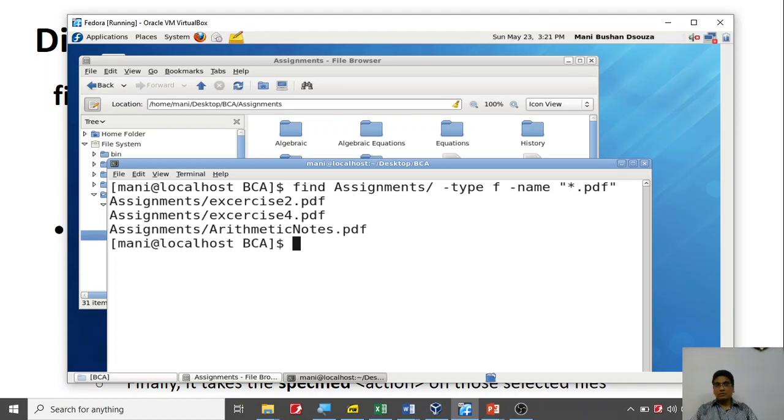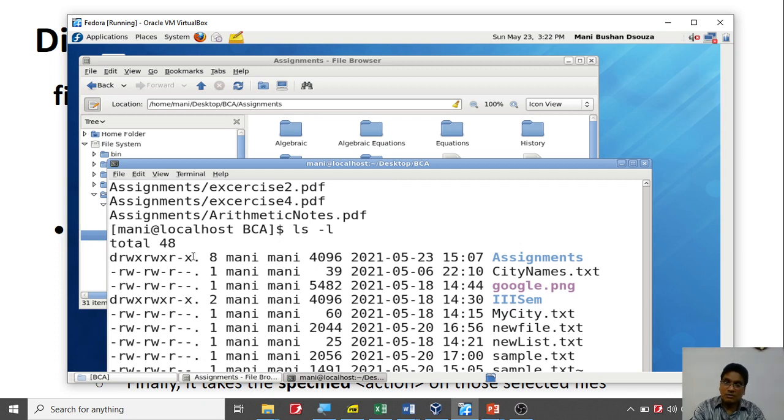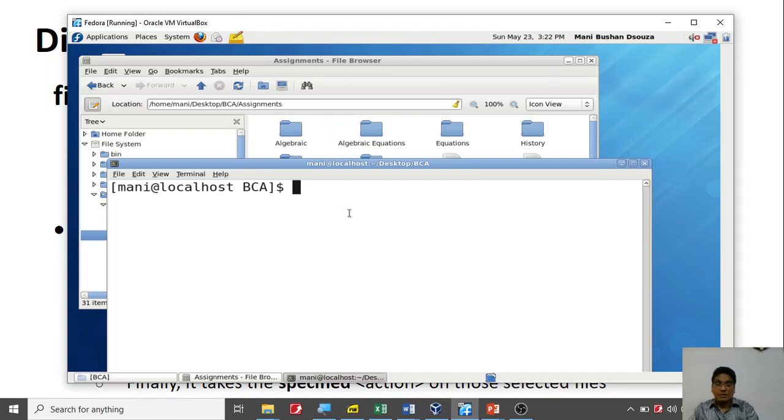So this is how you can use them for doing some action. Now by default, if you notice over here, it's going to just show you the file name like this. You know very well, I can use ls minus l to get the long listing. So this is long listing. You are all familiar with that. So what if I want to get the long listing? This is the command. I want to show all the PDF files, but this is the action, exec. So this is the execute. I want you to execute.